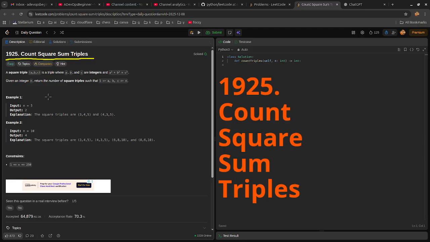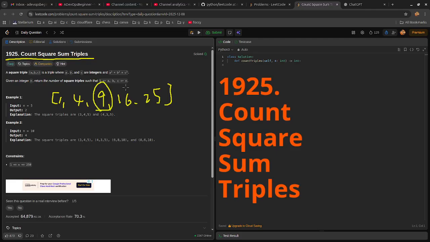So imagine we can prepare a squared array for this given number n. Say 1, 4, 9, 16, and 25. With this given array, if we go through this array, say